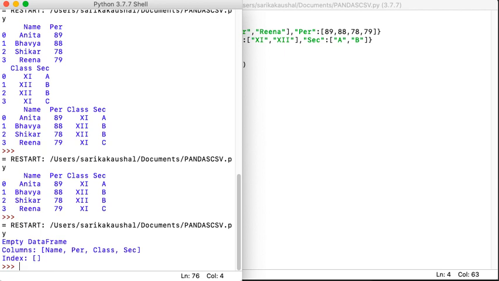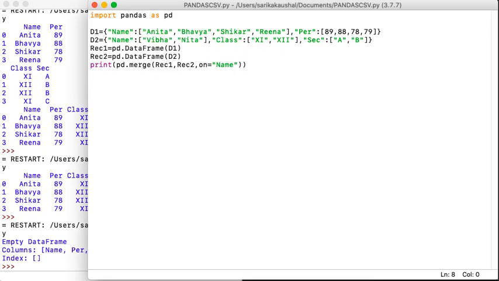So did you notice this? All right, it's an empty data frame. Why? Because when you are having different values, it is not able to find the joining criteria on the basis of which it has to merge. Therefore, it will not show you any answer. So, merging simply क्या होती है? Merging का मतलब होता है कि common values हैं और common values के basis पे एक जगह data आपका एक जगह है, दूसरी जगह data आपका दूसरी जगह है और दोनों को आपने merge करना है. इसीलिए यहाँ पर कोई answer नहीं दिया.